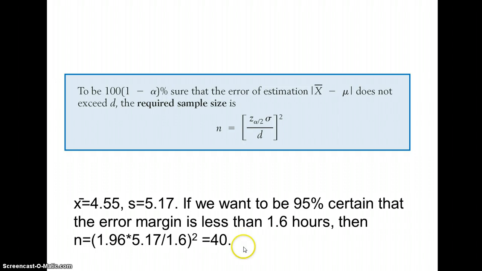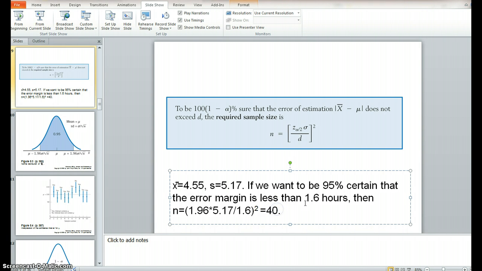And if I wanted the error margin to be, say, less than 1 hour, what I have to do is just change this. If this is 1 hour, I just change this to 1 hour, and then I can use a calculator to find 1.96 times 5.17